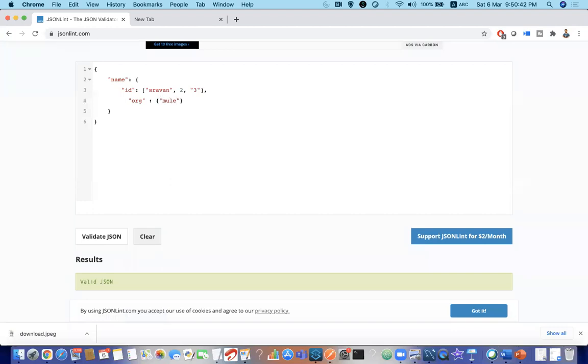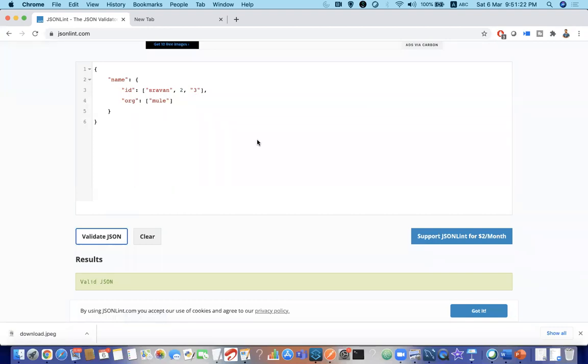Can you guys tell me whether this is a valid object or not? No. What is missing here? We are missing a key or a value. When there is only one thing, we don't know whether it is a key or a value. I can say this is the key, but we don't know, because if there is only a single value, it is not an object, it is not a key nor a value. So when it is within curly braces, it should have a key and value pair, or what we can do is make this an array. Clear, everyone?